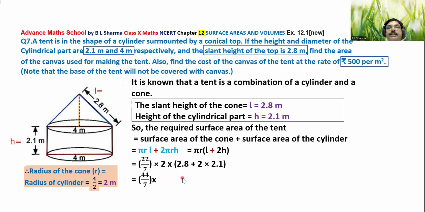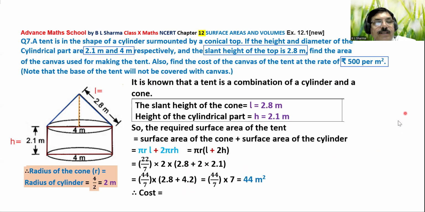22 by 7 into 44 by 7, 2.8 plus 4.2, that is what? So 44 by 7 into 7. 2.8 plus 4.2, that is 7. 7 and 7 cancel. That is 44 meter square. That is the total surface area of the